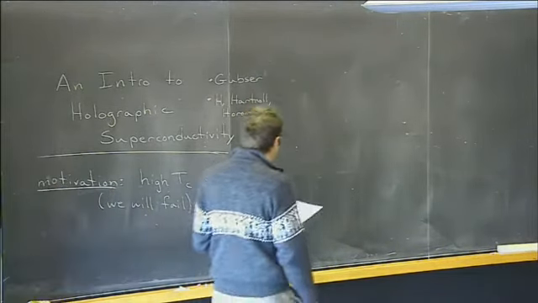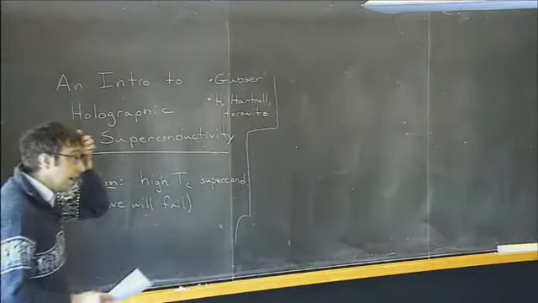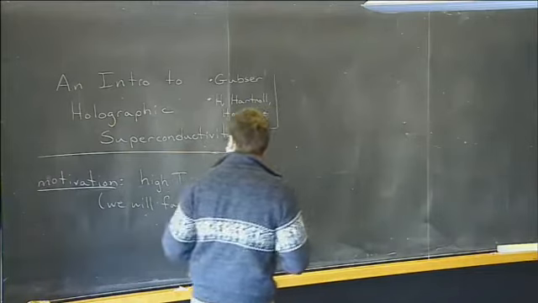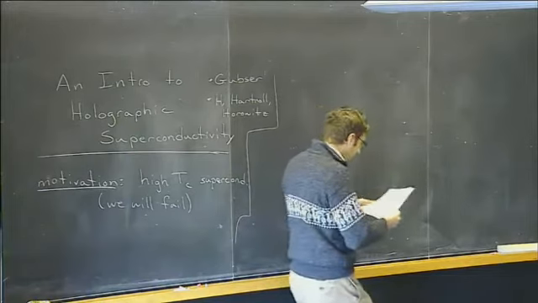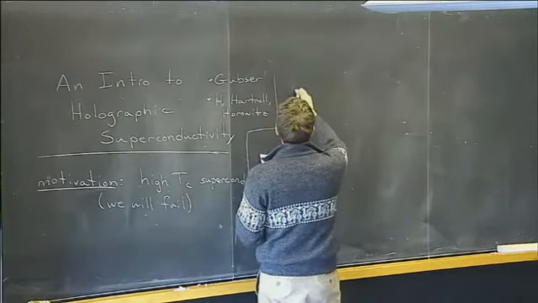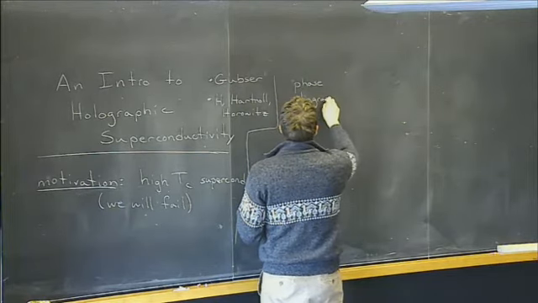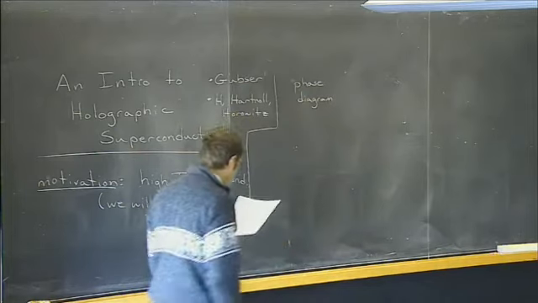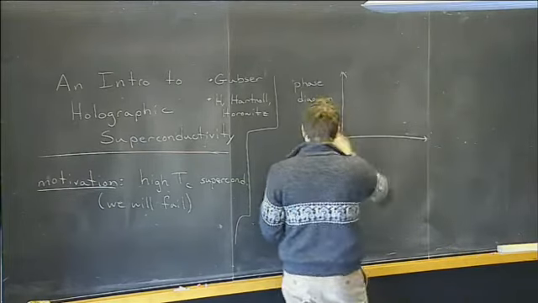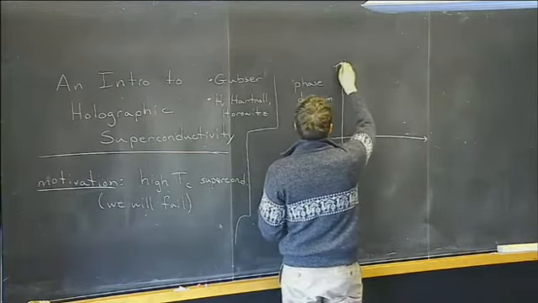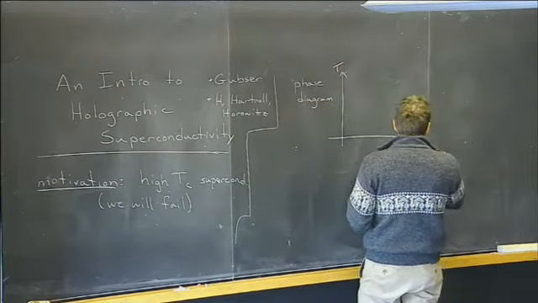So given that motivation, let me begin by reminding you about some facts about high TC superconductivity and what exactly is the problem as I understand it. What people mean when they say, try and solve the problem of high TC superconductivity. So let me begin with this typical phase diagram for the high TC cuprate superconductors. Many of you, I'm sure, have seen this before, but maybe some of you haven't. I've got temperature here on the y-axis, and I've got some kind of doping on the x-axis,